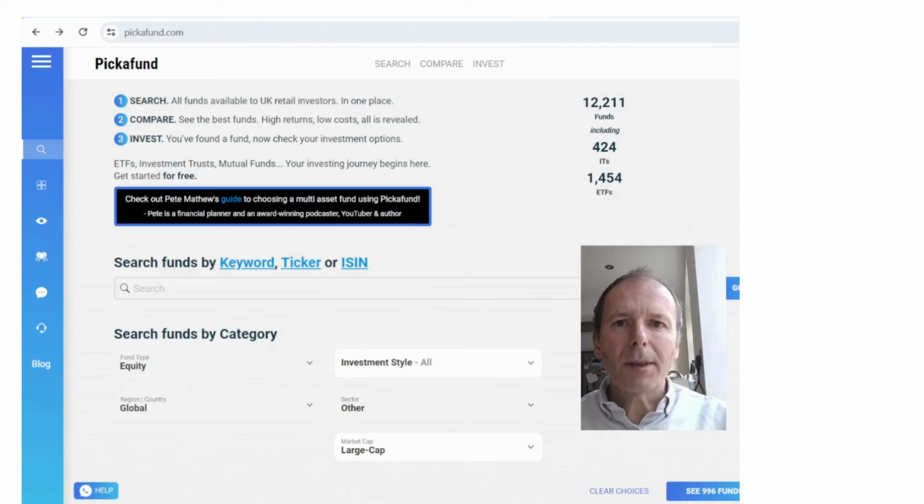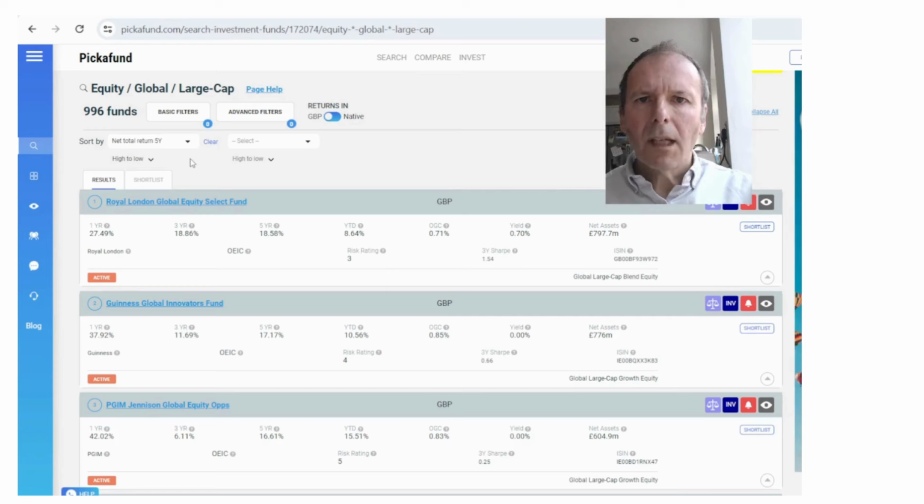So we come to the website, Pick a Fund, and we select fund type as equity. We're selecting region as global, and we're selecting market cap as large cap. And then we hit see 996 funds to start our search. We select sort by net total return 5 years, and our favourite fund, Royal London Global Equity Select, comes in